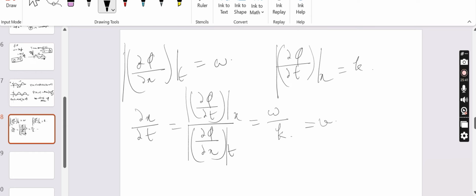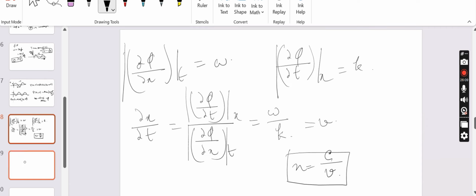So that is called phase velocity, and from this we can also quickly remember a very basic formula, that is the refractive index, n is equal to c by v. The c is the velocity of light in vacuum and v is the velocity of light in the medium, basically.